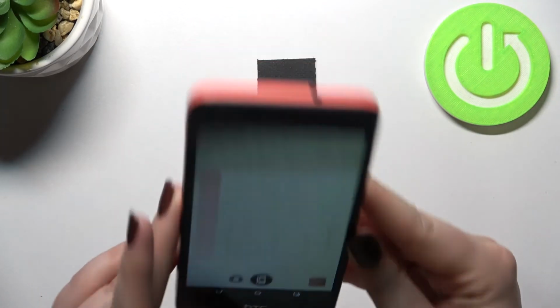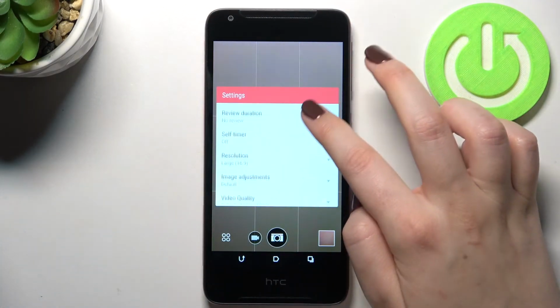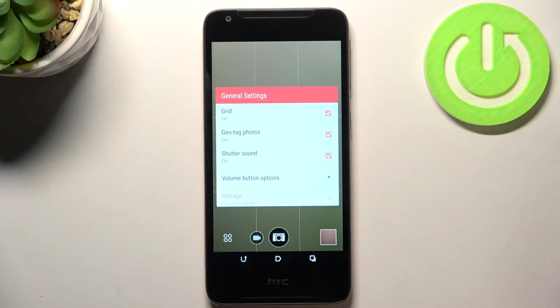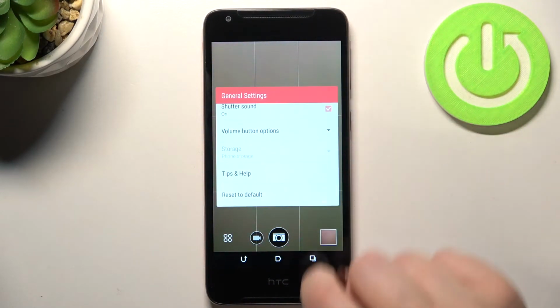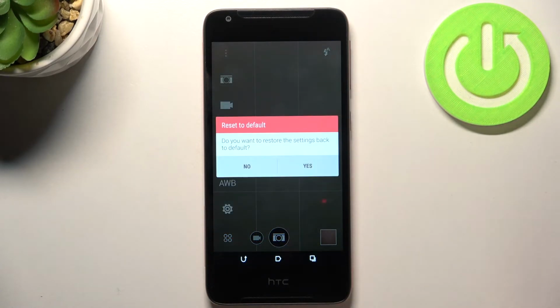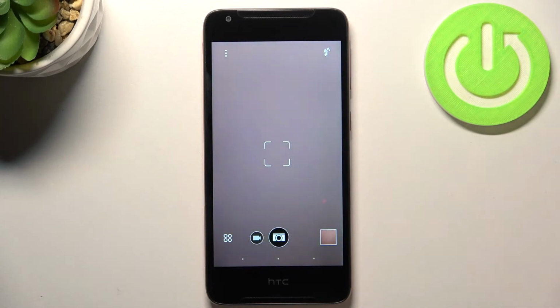And now let me turn the screen. Okay. Right now all we have to do is simply go to the very bottom of the list and enter general settings, and here we have to again go to the very bottom to reset to defaults. Let's tap on it, and here your device will ask you if you really want to restore the settings back to defaults. So let's tap on yes, and as you can see we got back to the camera